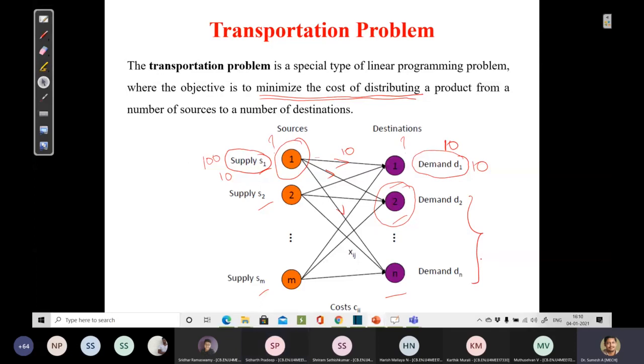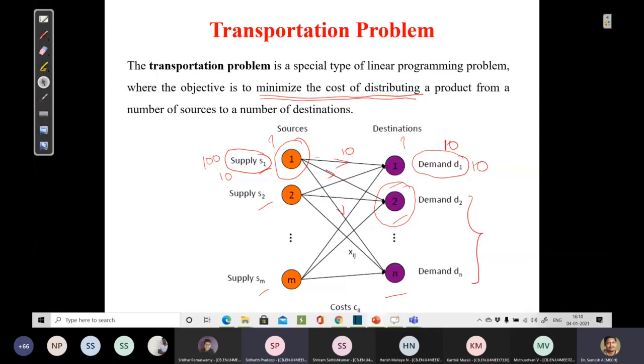See, for example, you are producing a product in Coimbatore. Think of supplying it to Kochi, to Bangalore, and to Delhi. Will the transportation cost be the same? It will be different. So I have only one manufacturing hub at Coimbatore, but at various destinations the cost is going to vary, depending on your distance metrics.